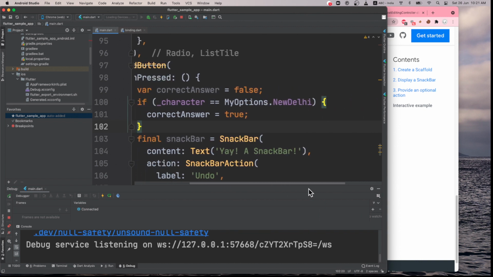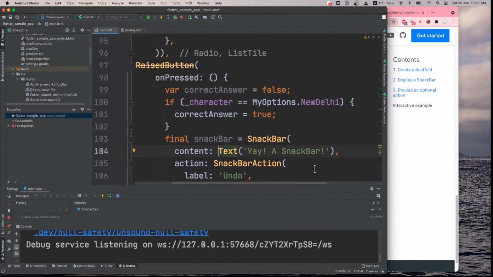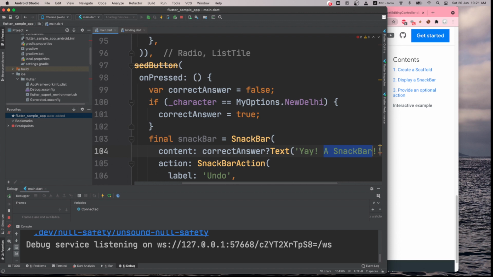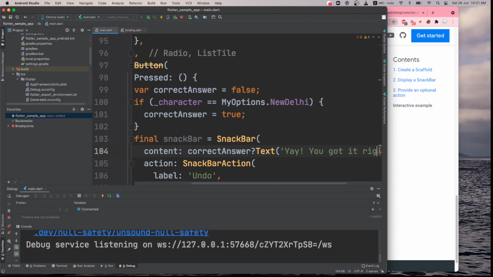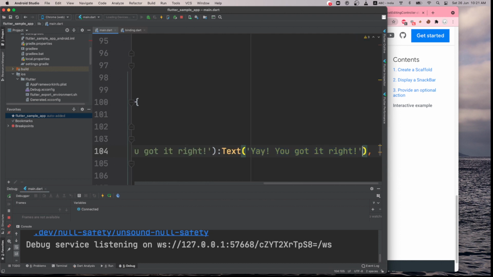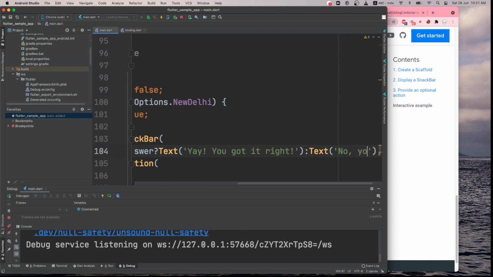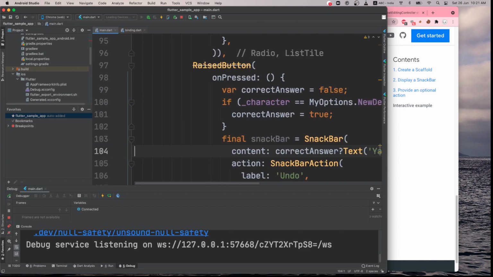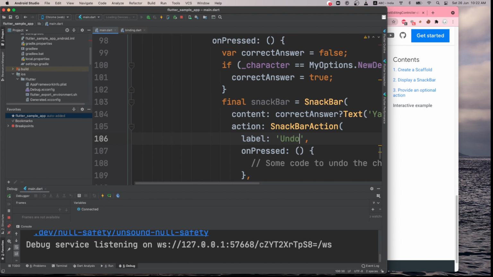And here we can change here, if correct answer, then yeah, you got it right, else I will just copy it again, and we say no, you failed, right?